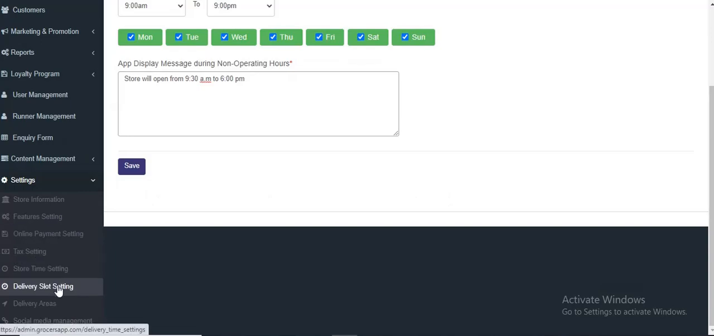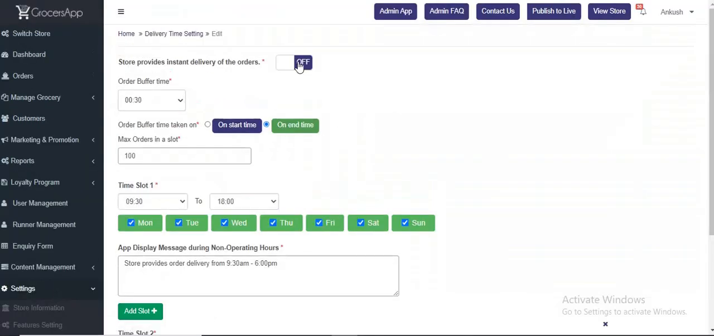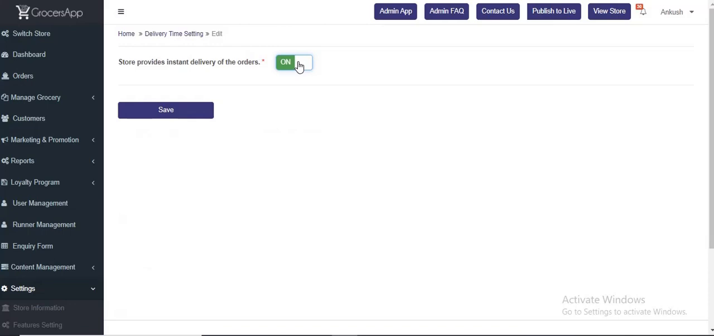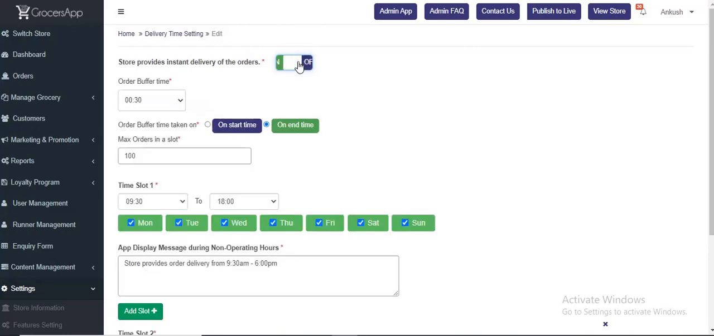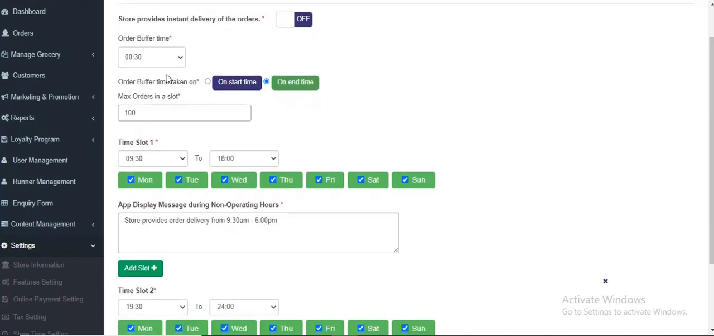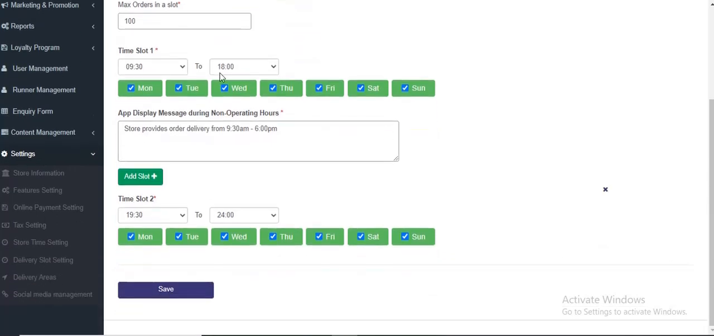After that, we have the delivery slot settings. If you are providing instant deliveries of your orders, then you have to enable it. And if you have some specific timing for providing the deliveries, you can make it disabled, and this format will be visible here. You add the buffer time over here, the order buffer time. You can add the maximum orders in a particular slot, and then whatever timings you want to add for the slots. For example, in the morning you are providing the deliveries from 9:30 to 11,